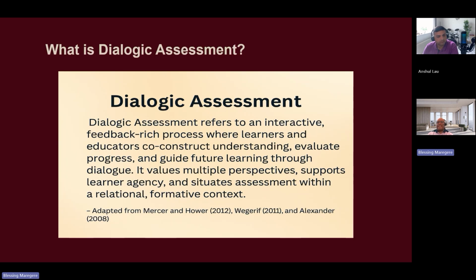So during that discussion or that dialogic element or space, you can correct the learner and get them to reflect on their thinking and identify where the learning gaps are. So dialogic assessment can be used for evaluating progress. So it could be for formative assessments, also for summative assessments as well. In the example of apprenticeships or degree apprenticeships, dialogic assessment is used as part of summative assessment, and now is actually widely used in formative assessment as well.